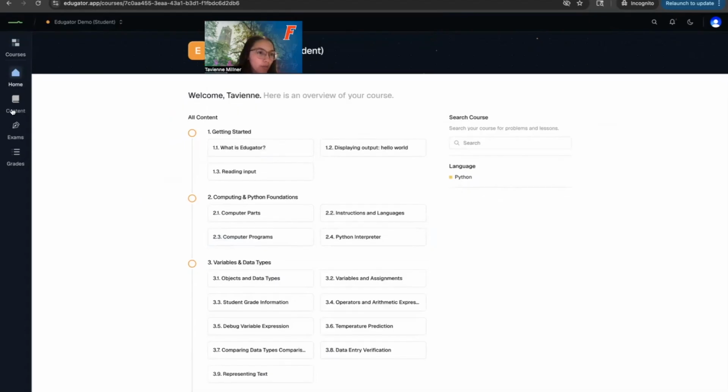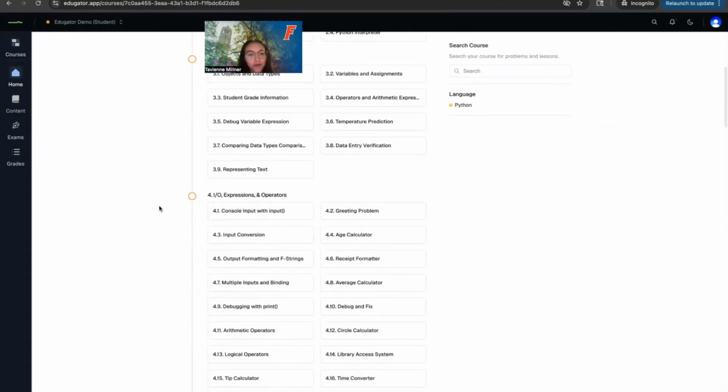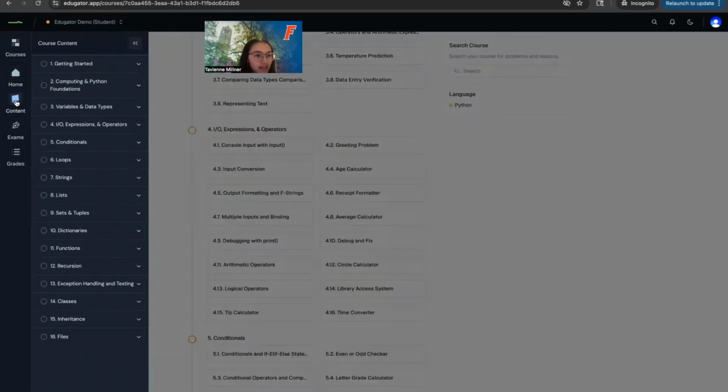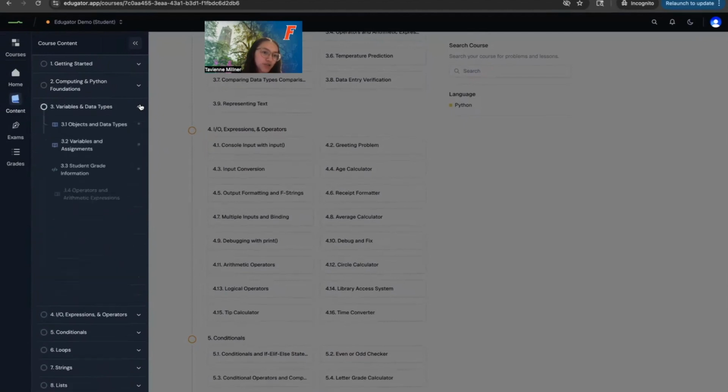Okay, so on the sidebar, the courses tab up here is where we just were. Home will always be like this overview of the course. So all the cool stuff we're gonna learn. And then content is another way to view the overview. It's like a condensed version of it. So instead of like this, the way on the middle of the screen, you can see it's like drop down